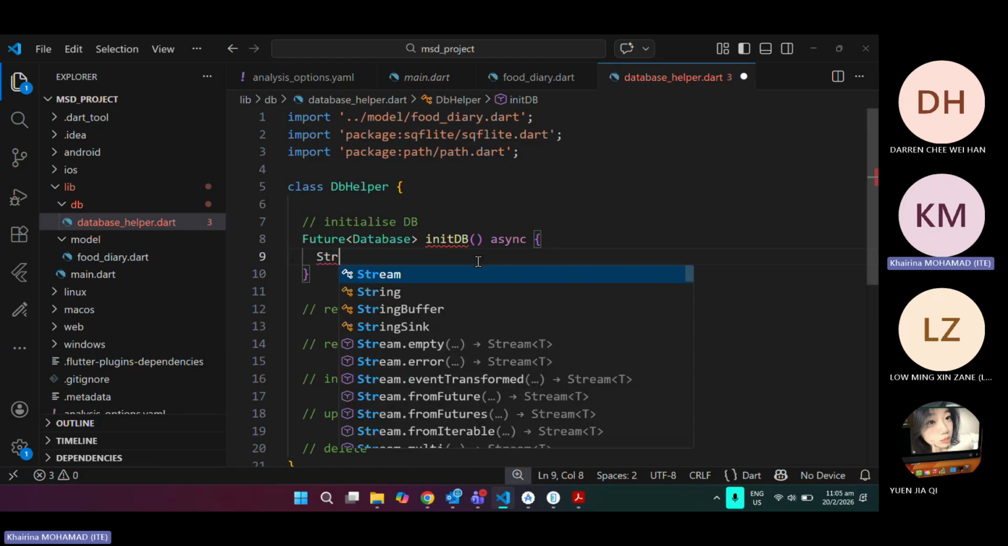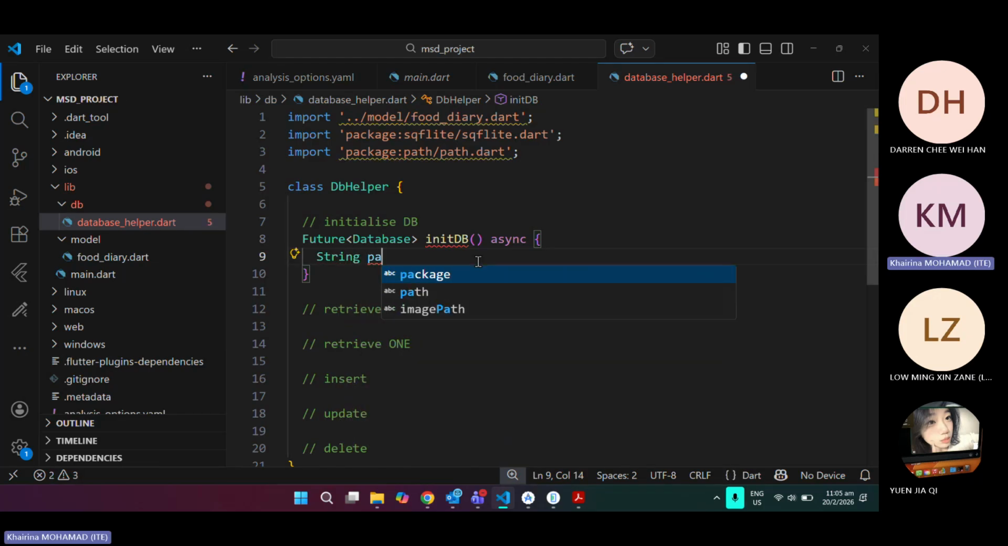So the first line is to get the database file. This is an asynchronous process. Get databases file. The value returned will be based on the device on which you have deployed your application. iOS will have its own default path, Android will have its own default path. So this will help us retrieve the relevant default paths. So return